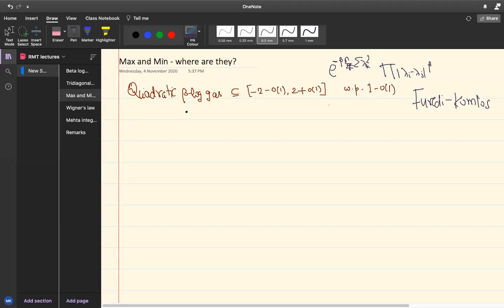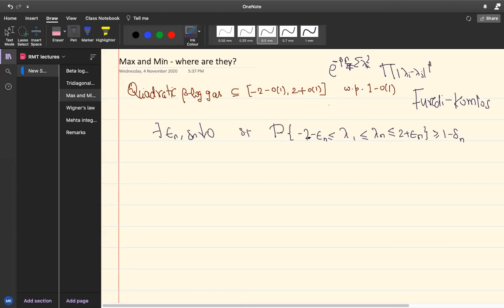So there exist some epsilon_n, delta_n going down to 0, such that the probability that -2 minus epsilon_n is less than or equal to lambda_1, and lambda_n is less than or equal to 2 plus epsilon_n, is greater than or equal to 1 minus delta_n. This is a statement that most of the particles are